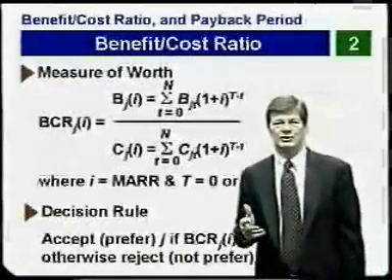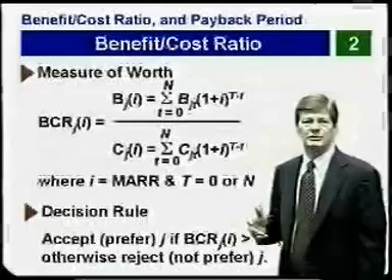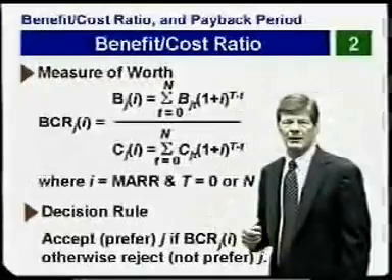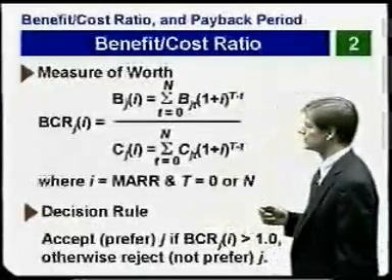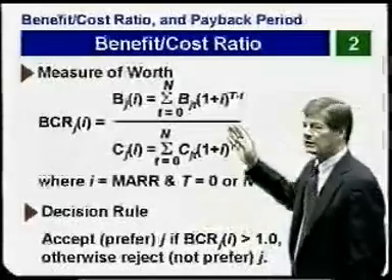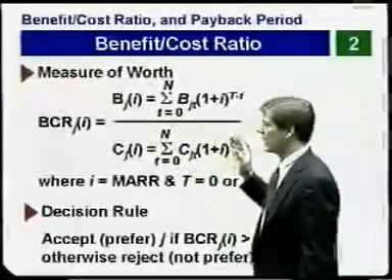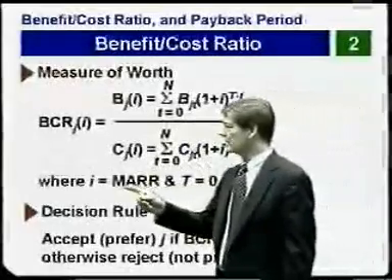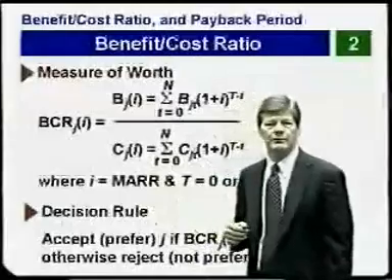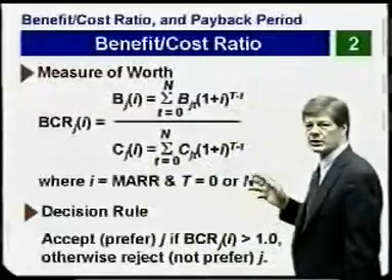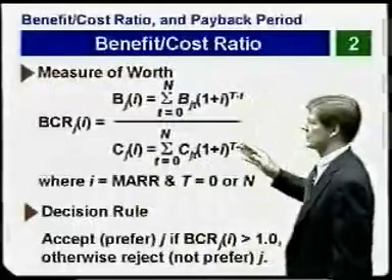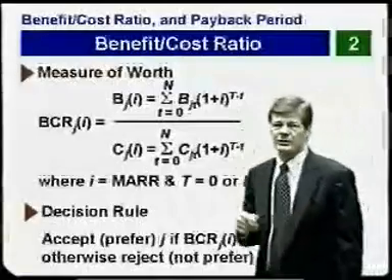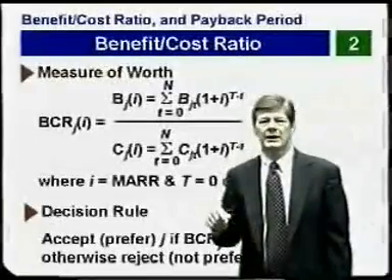We said every economic decision criterion has two components. It has a measure of worth and a decision rule. The measure of worth for the benefit-cost ratio is simply the ratio of the prospective benefits divided by the prospective costs, where again the interest rate I is the minimum attractive rate of return, and the period of time to which we calculate the prospective benefits or the prospective costs, capital T, is typically either 0 or the planning horizon N,